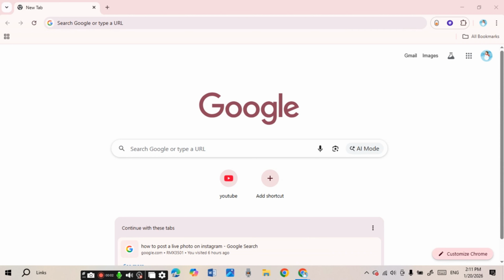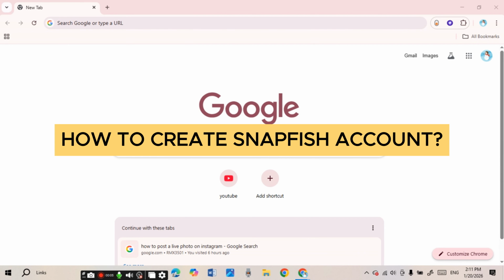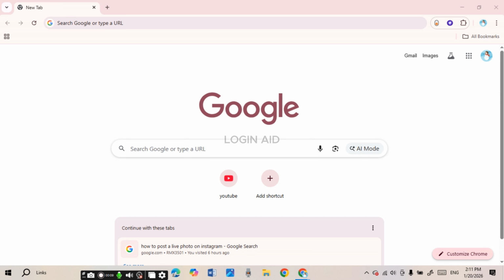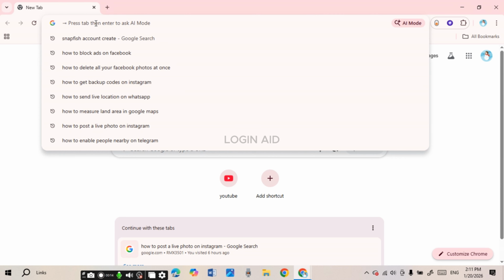In today's video, I'll teach you how to create a Snapfish account. First of all, launch any browser of your choice. You can see over here I've opened Google Chrome. Now click on the search bar and type in this link